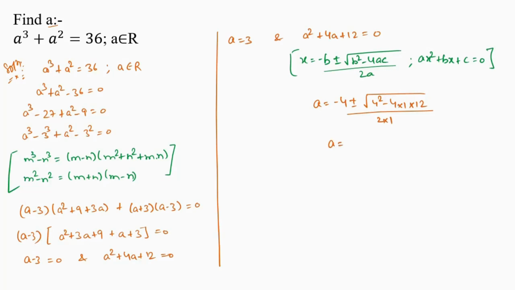And solving this we get a equals to minus 4 plus minus under root 4 square is 16 minus 4 times 1 times 12, that is 48 divided by 2. And further solving this we get minus 4 plus minus under root minus 32 divided by 2, which is an imaginary number,